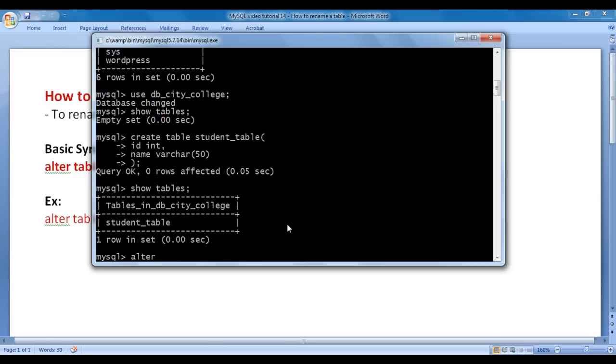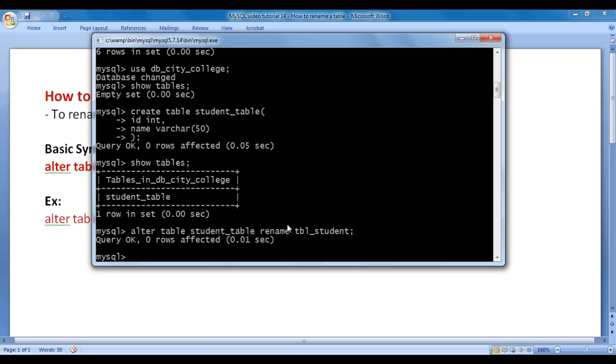We say alter table, then we write the current name of the table. I say here student_table, then we say rename, then we write the new name for the table. I say here tbl_student semicolon. I hit enter. You can see that the query is executed successfully. That means the table is renamed.